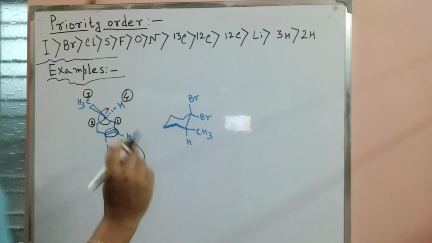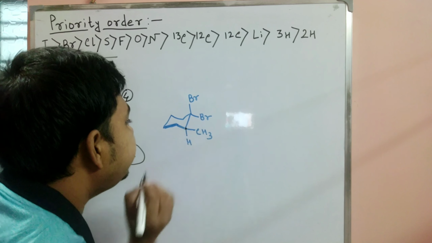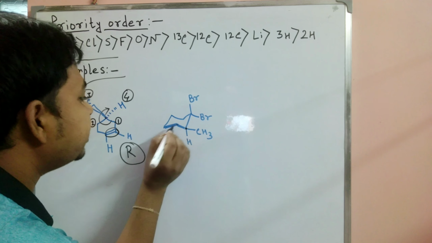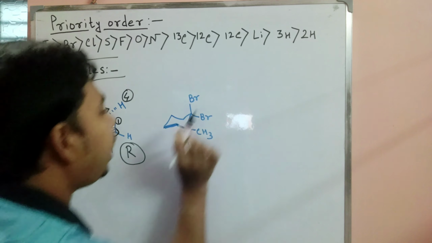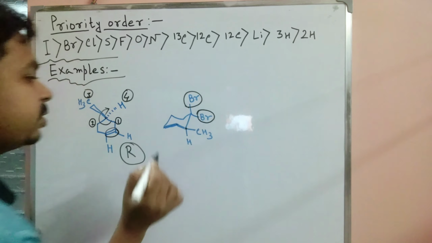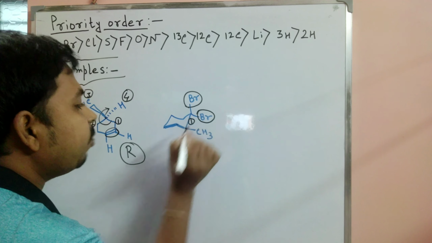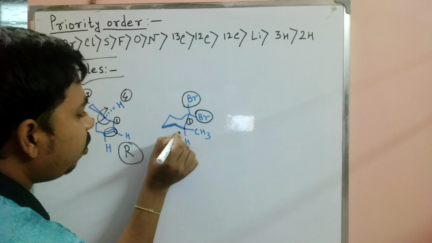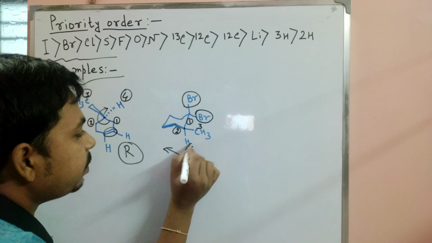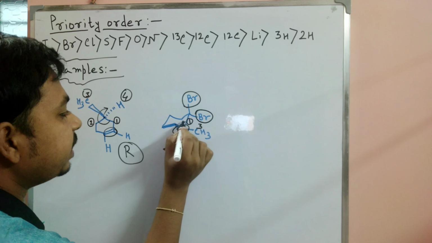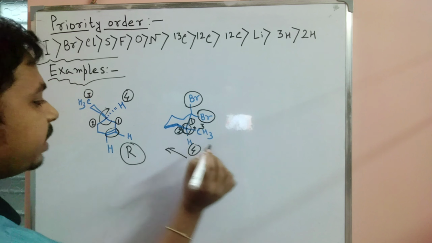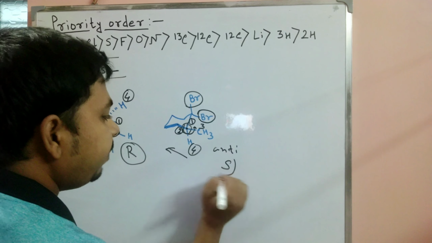And our next target is here. When we consider this stereo center and go through the left side, only CH2 is present, and when we go through the upward side, we get the C1 position and bromine atoms matter. So in that case this bond has preference 1, and when we go through this side, here the 2 preference is here, the methyl group is 3, and the hydrogen is 4. So this rotation, 1 to 2 to 3, is anti-clockwise, so the configuration is S.